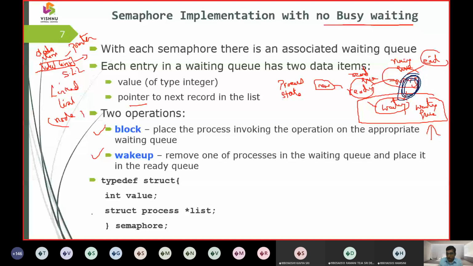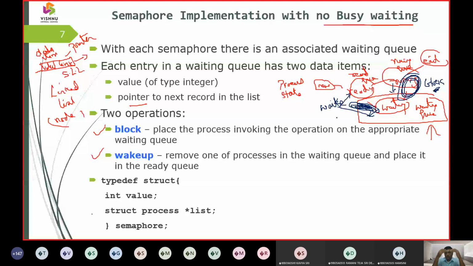now it is going for IO to happen. At that point we need a block state. So from running to waiting, it is going to move. At that state we are going to push it into a block state. Okay, its job has been done with IO. Now again it has to be re-executed. That means again from the waiting state to the ready state. Now we are going to say this state is the wake up state.